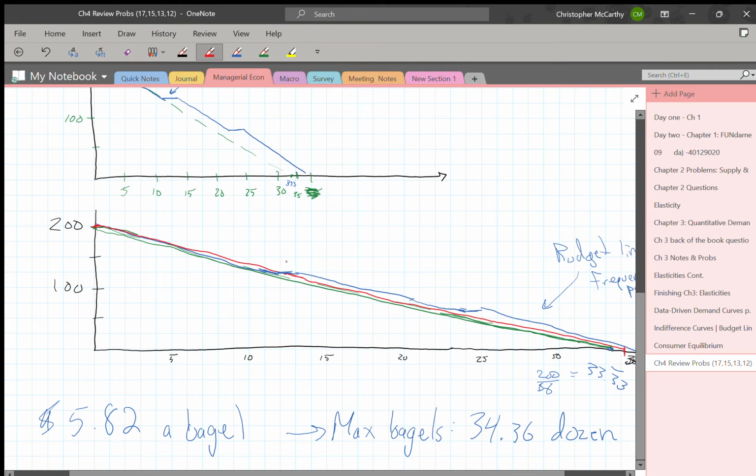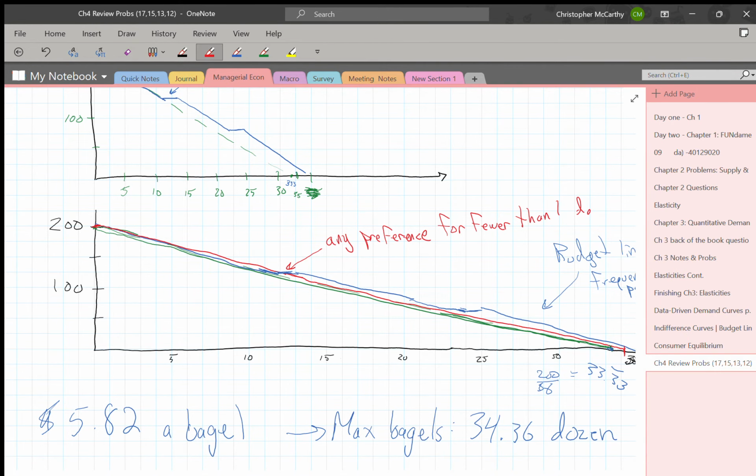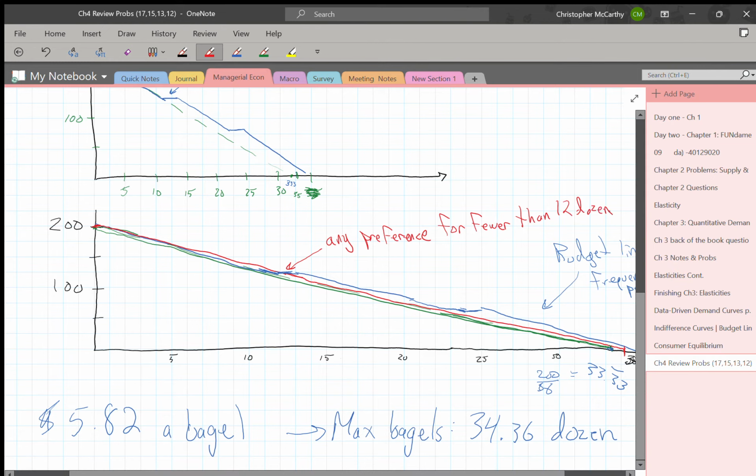And so we end up with this intersection here, where any preference for fewer than 10 dozen, the book says 12. The book says 10, I did 12, sorry. Still the same. 12 dozen per year